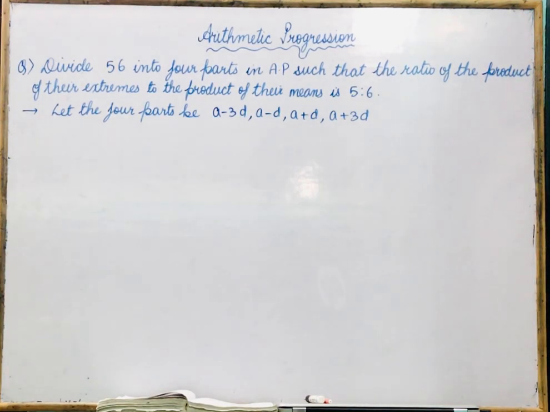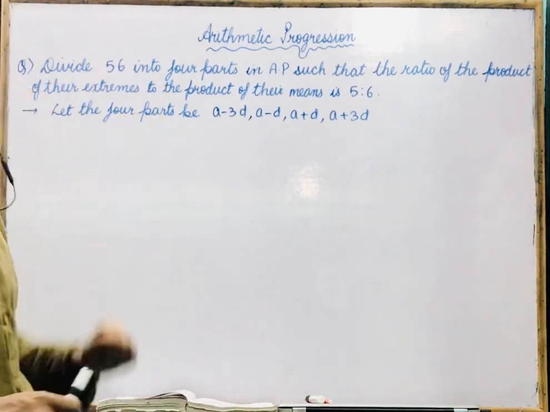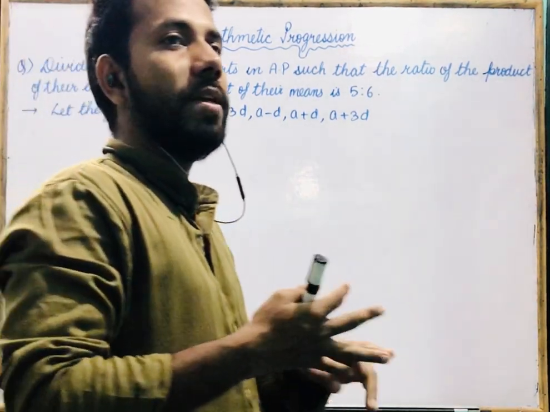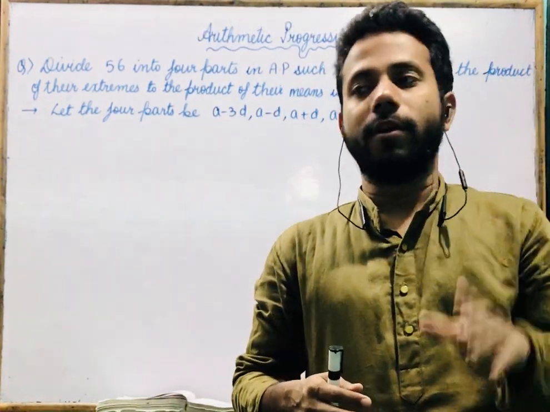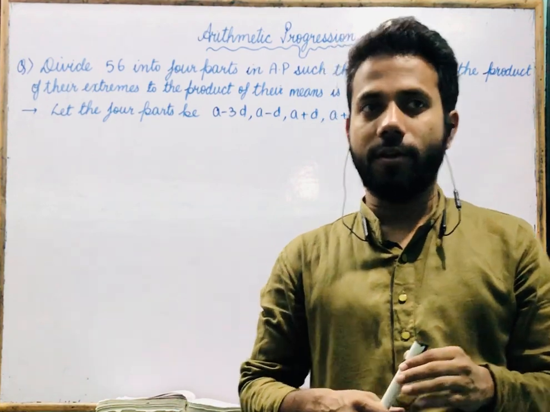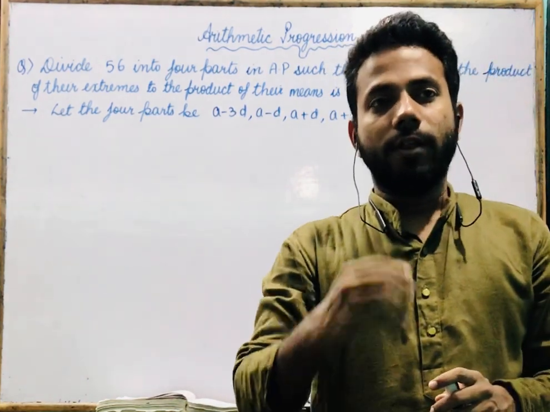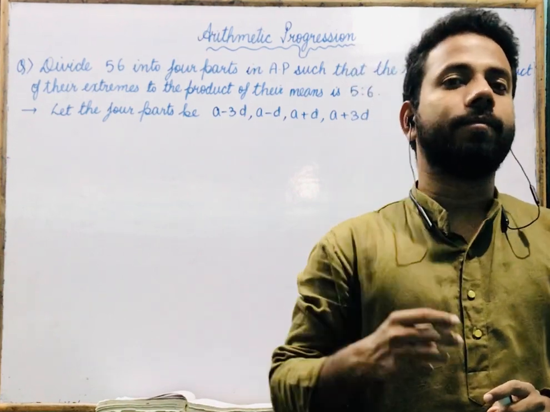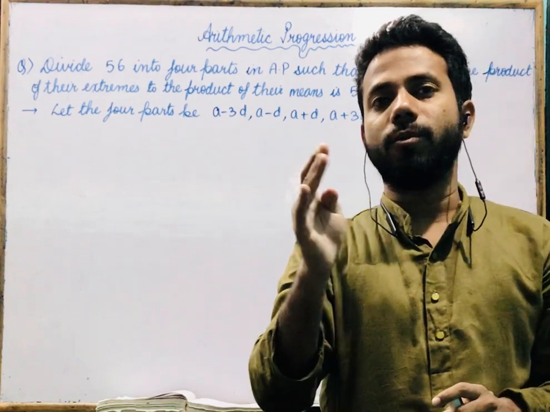Now suppose I say you have to divide 34 into 4 parts, for example, or you have to divide 56 into 4 parts, and those 4 parts are A, B, C and D. So what is the linear equation that you get from here? If I say you have to divide 56 into 4 parts that are A, B, C and D, do you get an equation from here that A plus B plus C plus D equals 56?